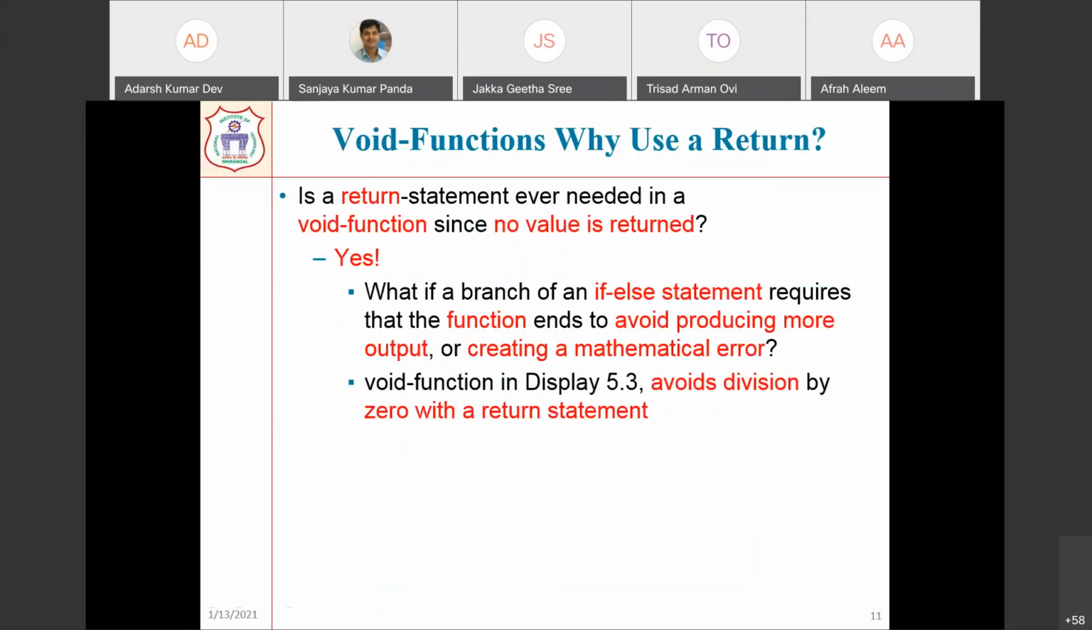So next is return. Somebody will say that if the return statement is optional, we will not use it, right? Definitely we will not use it. In most cases we are not using the return statement, because for void the return statement is not required. That's why a question arises here: is a return statement ever needed in a void function, since no value is returned? Like we are writing return 0 in each and every function, right? Why are you writing it? For the successful completion of that,